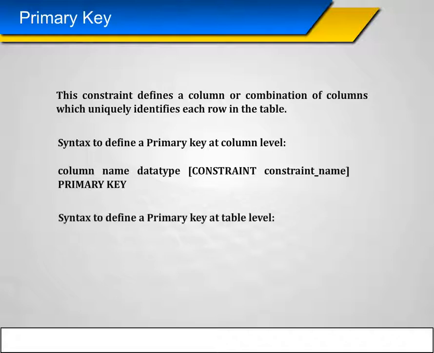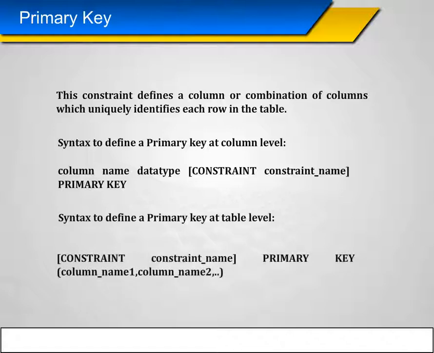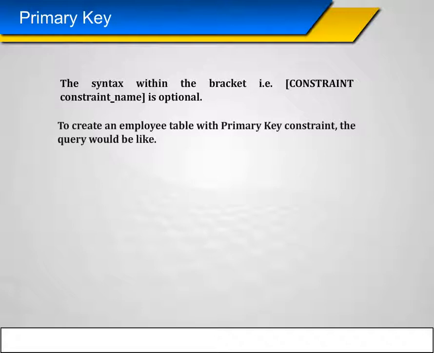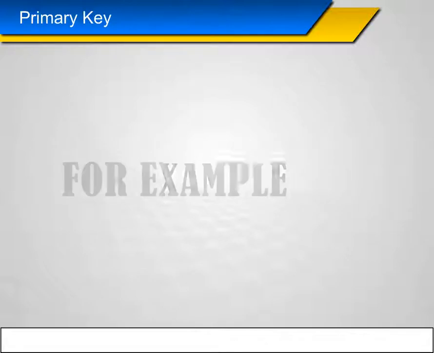Syntax to define a primary key at table level: constraint name, primary key, column name 1, column name 2. The syntax within the brackets, that is constraint name, is optional. To create an employee table with primary key constraint, the query would be like, for example,